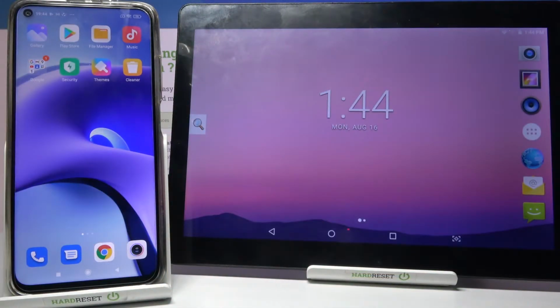Hi! Today I would like to show you how you can transfer files from Xiaomi device to MEDIATEK